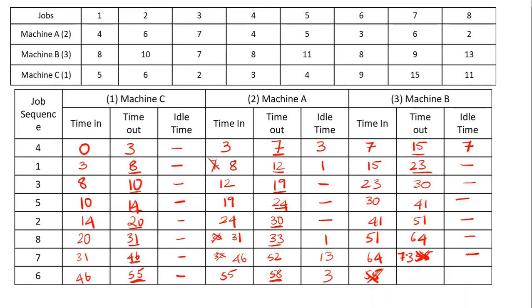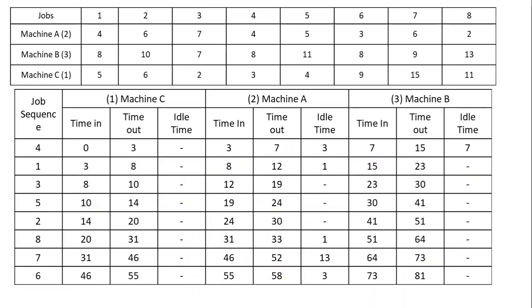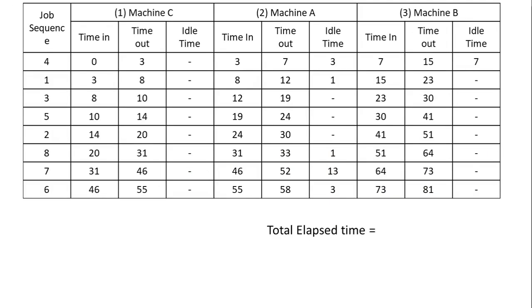So here again 73 and 58, if compared, 73 will get the priority, 73, no idle time, and you can look into the hours, it is 8, so 81 hours. Okay, so this is how we have filled up the entire tabular column. Now once this tabular column is over, then we can get to the next part.